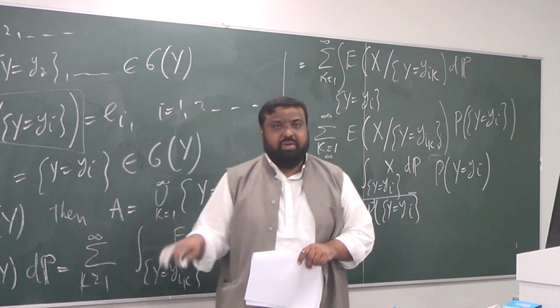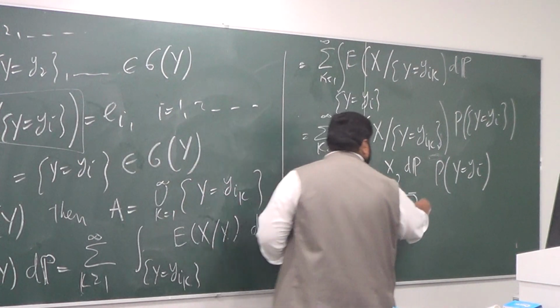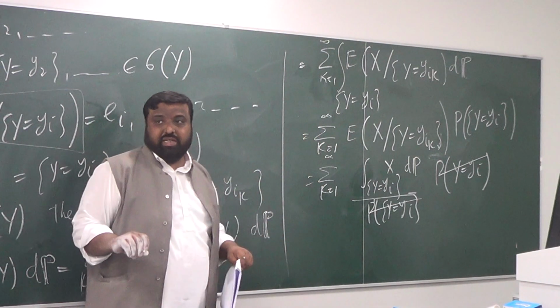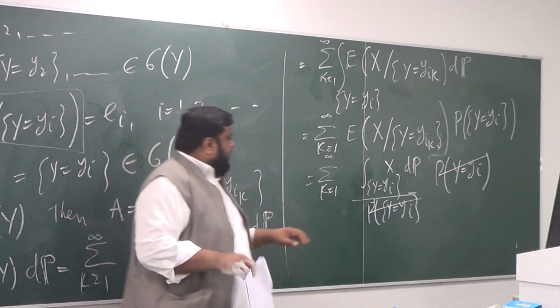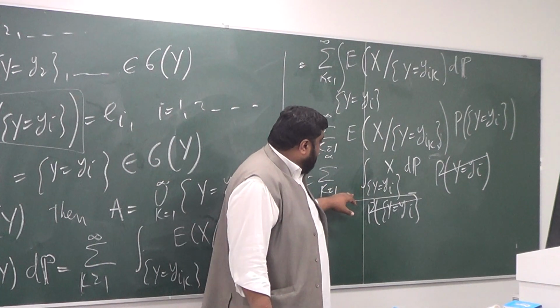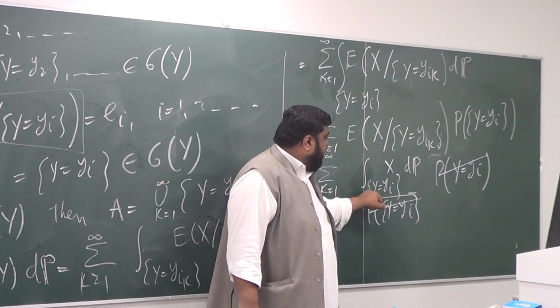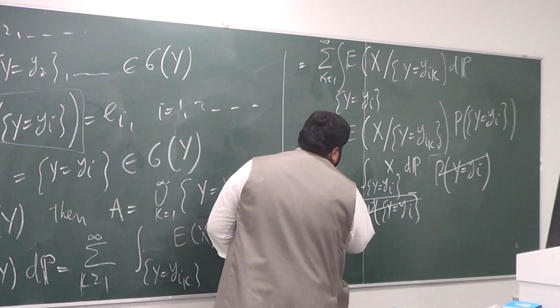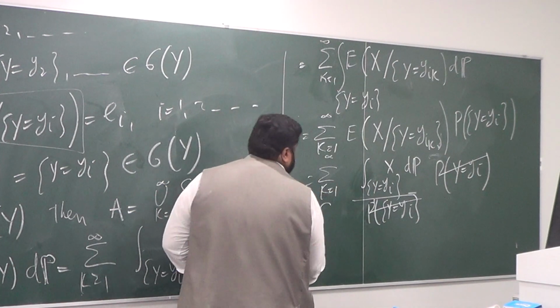Just applying the definition. So this is going to get rid of this guy. And now I can write this as the integral of x with respect to dp. If I can union them all, this would be the same as the integral of